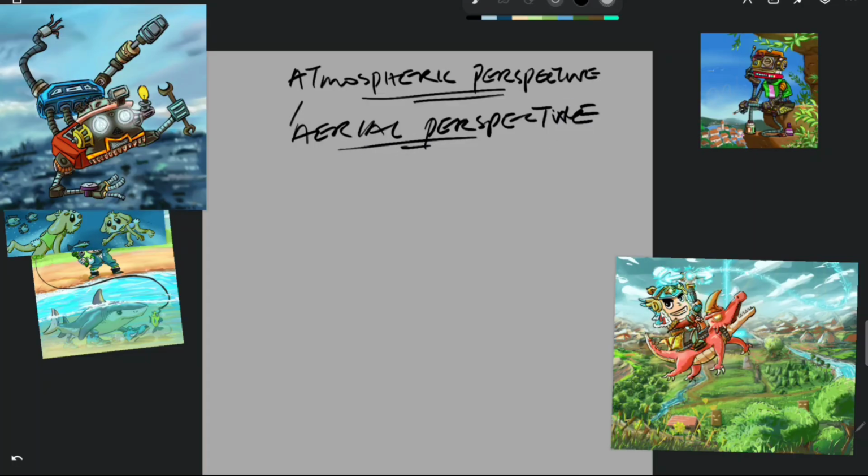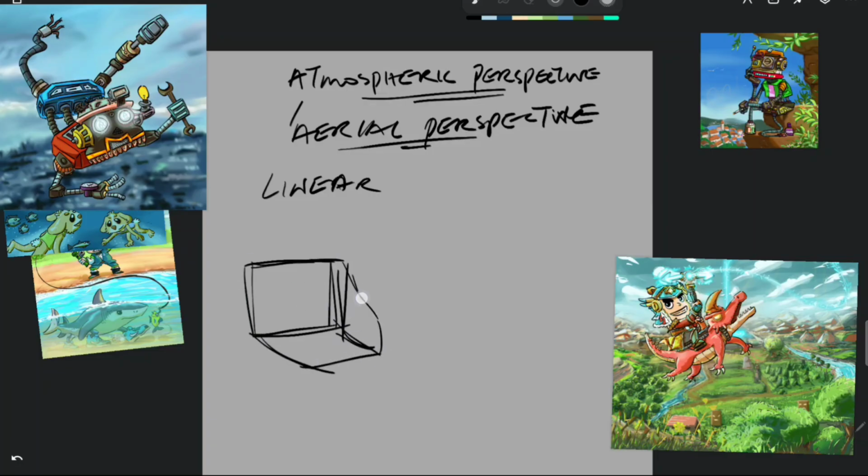So when we talk about perspective, most people only know about the linear perspective, and this is the common one that has to do with lines, vanishing points, horizontal and vanishing point, those things we use to create depth and space in our art, stuff like this, foreshortening stuff. This linear perspective,